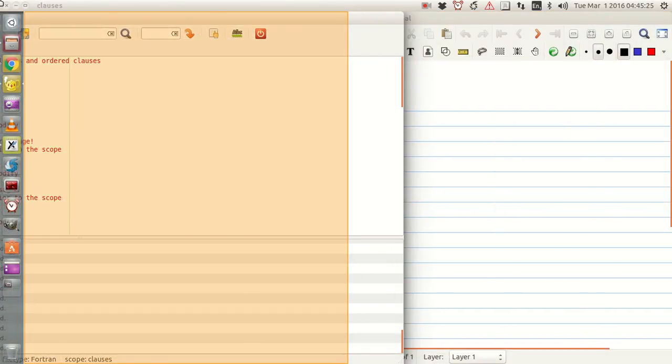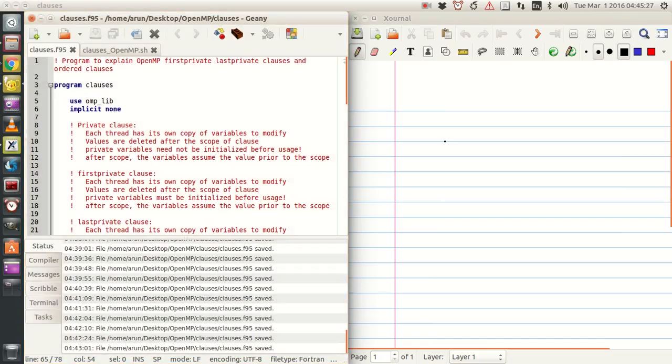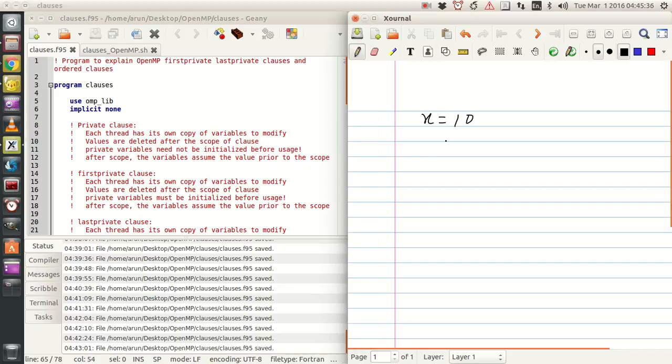Let this code be over here. Let's get a review of what the private clause is. Suppose I have a variable, say x equals 10, and then I have a parallel block, which acts between here, and then you have an end parallel block.